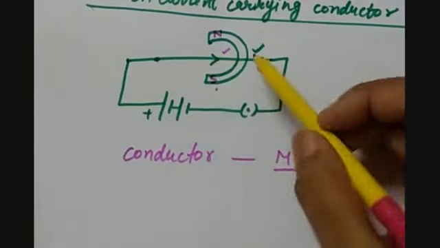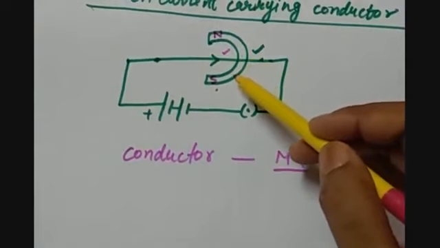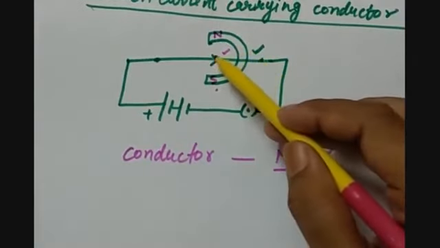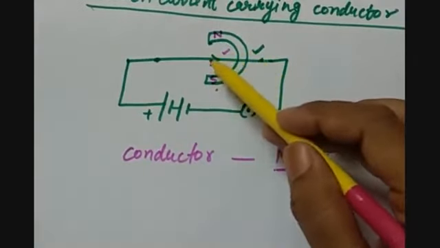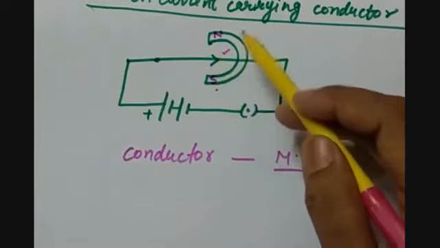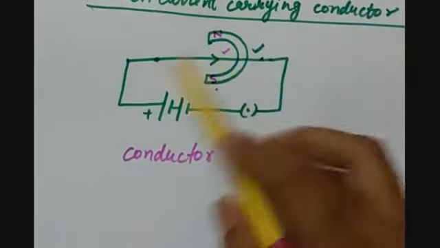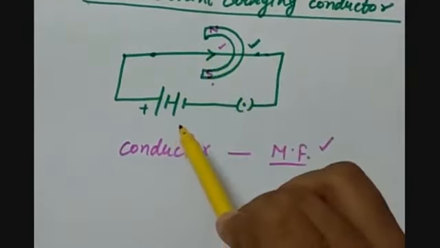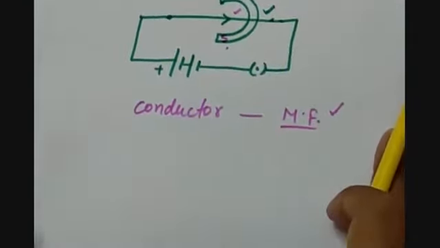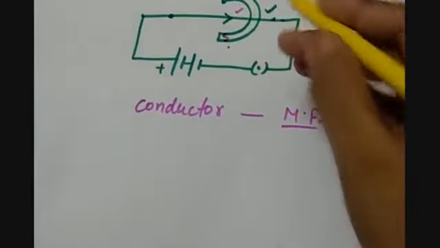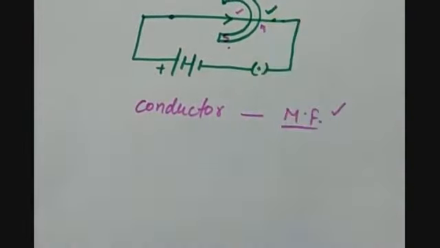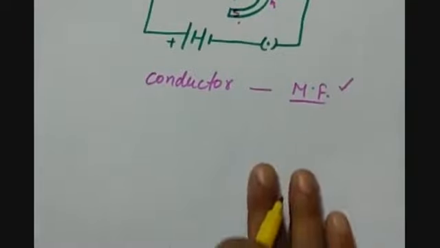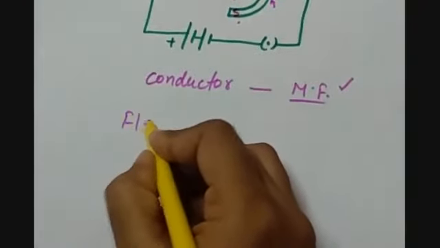That means in the influence of the magnet, it will either move up or down or left or right. So if we reverse the direction, the movement of the conductor will be in the opposite side. So what is the rule that gives the direction of the motion in the conductor? So that rule is known as Fleming's